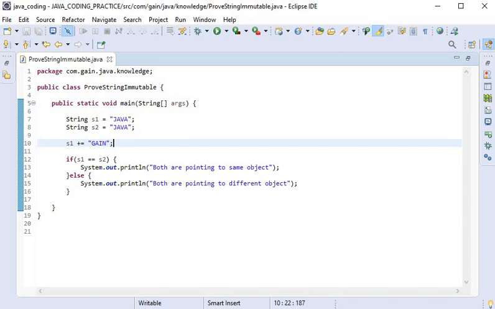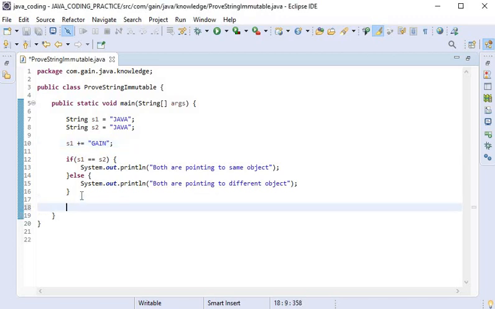One more thing we need to check is if we use the new keyword, string str is equal to new String, and we have created the object, then is string again immutable or is its content mutable?